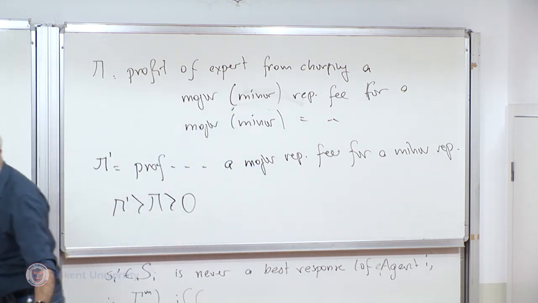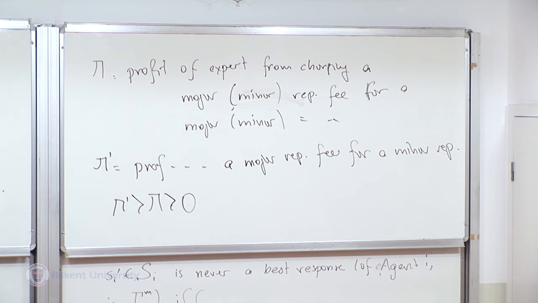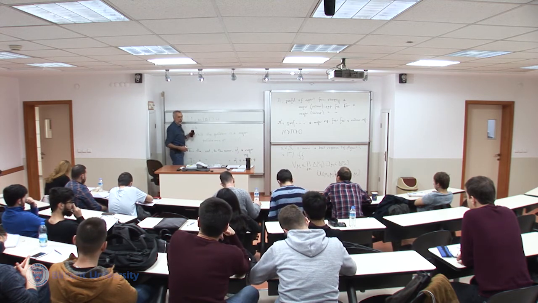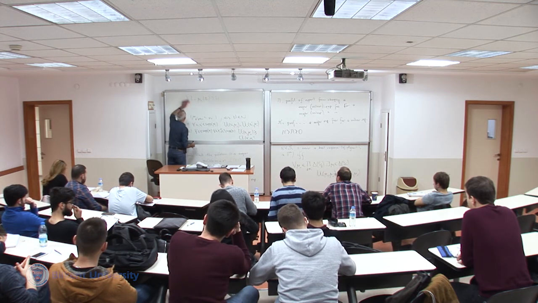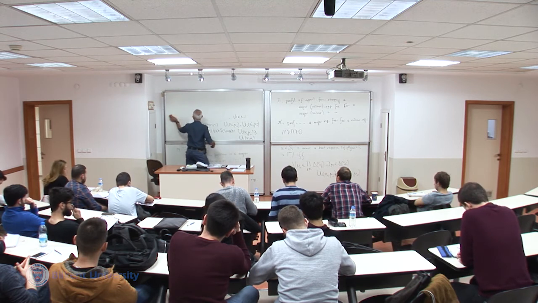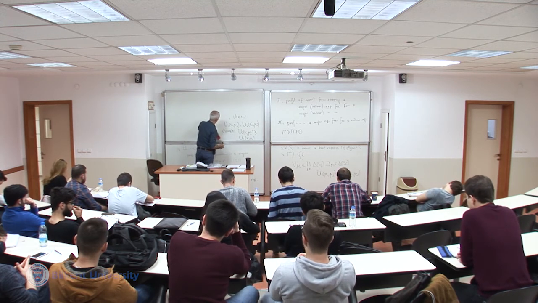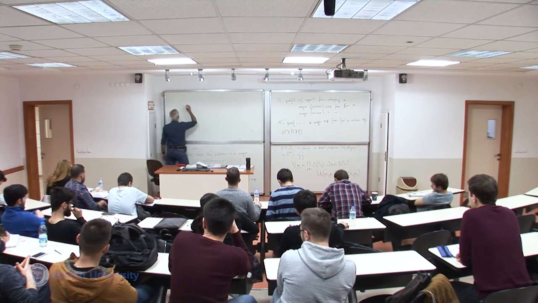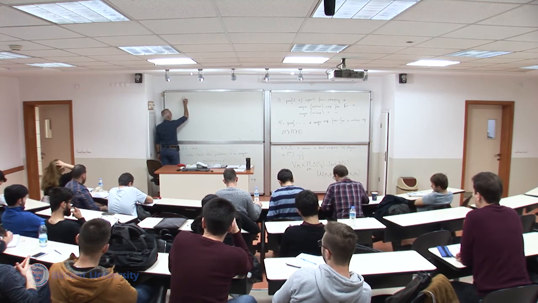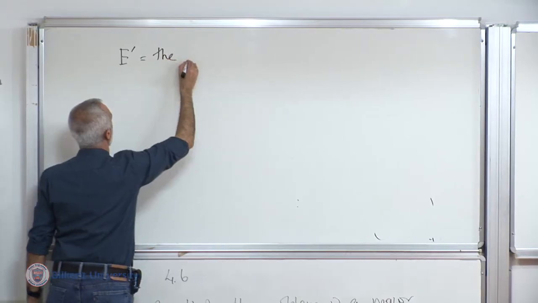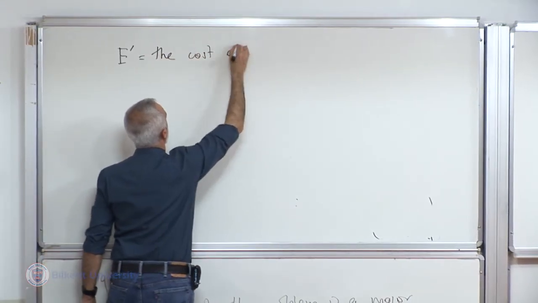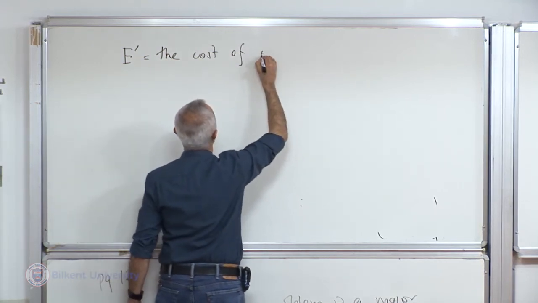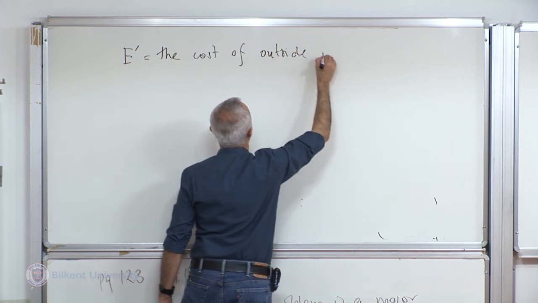Well, if you take it to another place or take the outside option, then again, there are two associated costs. E prime, the cost to the owner, the cost of the outside option